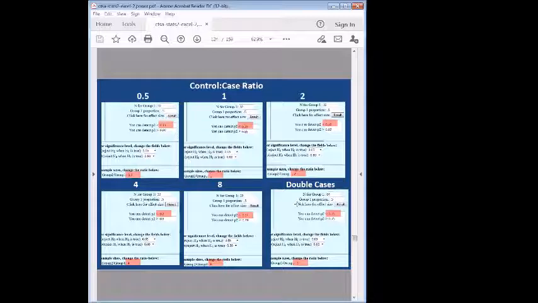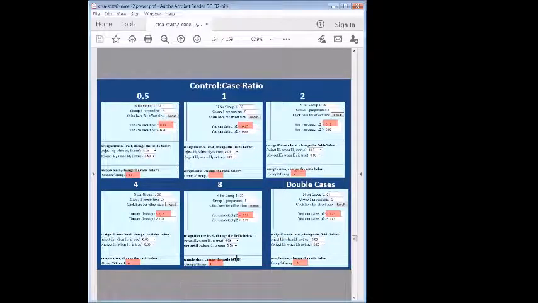So what you see here is that when you double the number of cases with the same 1-to-1 case control ratio, you in fact have much greater power. Instead of 0.15, 15%, you're up now to 25%. So, that's a huge increase in power, which is not achieved anywhere near that by going from 1-to-1 to 2-to-1,